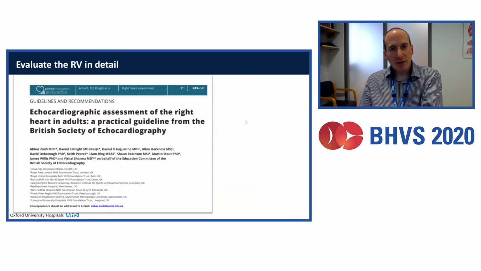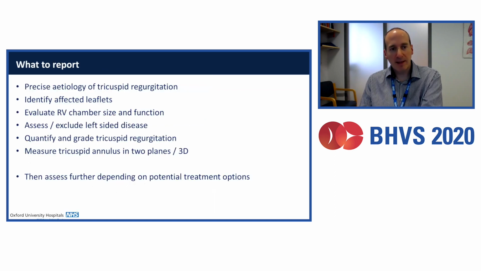You have, of course, got to look at the right ventricle in detail. And I'm not going to cover that today because that's a whole other talk. But measuring right ventricular size, measuring right ventricular function, assessing the pulmonary valve, etc., is all a critical part of evaluating the tricuspid valve. So when you report an echo, be precise on the etiology, clarify the affected leaflets, of